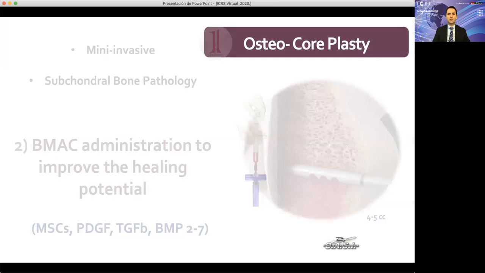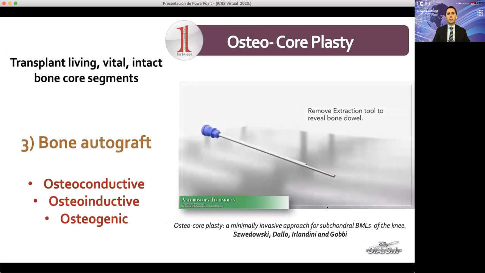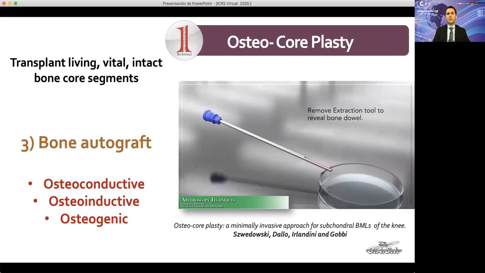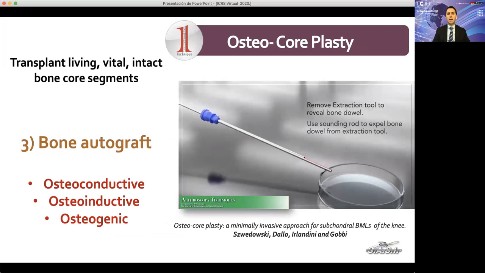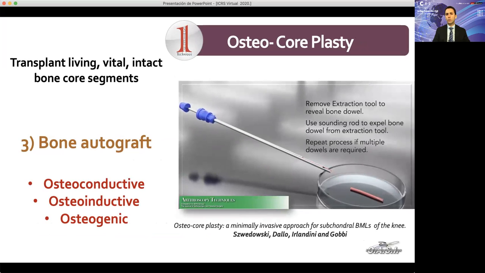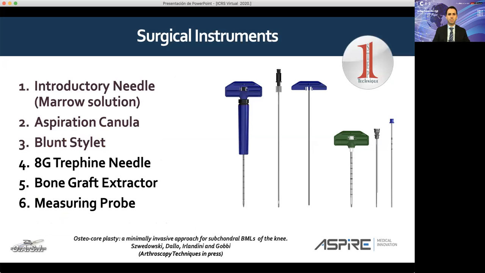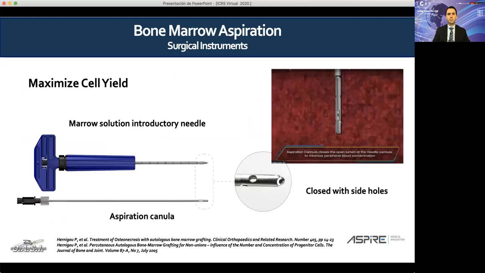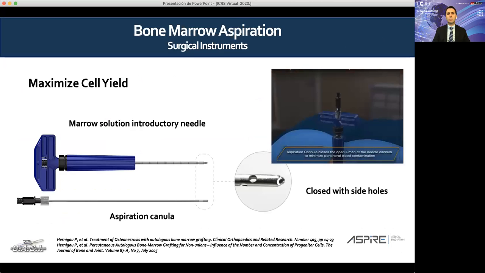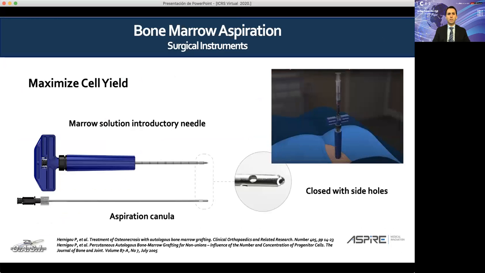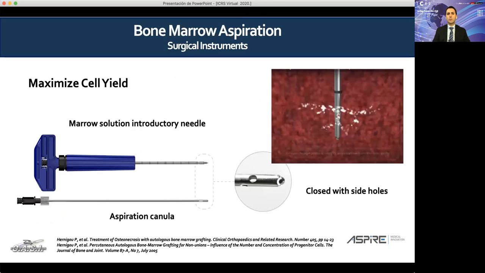And the last part, and most important, is the transplant of living, viable, intact bone core segments as bone autograft to stimulate and induce osteoconductive, osteoinductive, and osteogenesis effects. These are the surgical instruments, the bone marrow aspiration instruments to maximize the cell yield with this marrow solution introductory